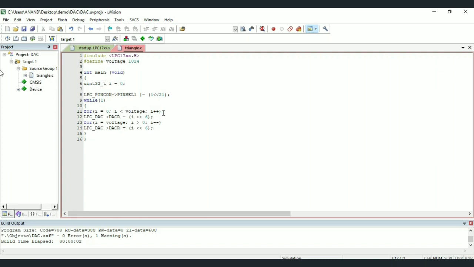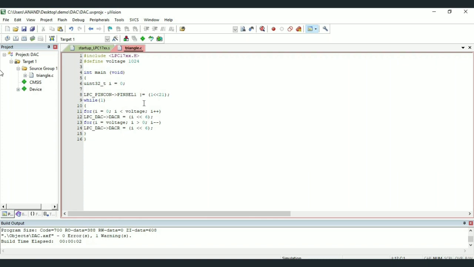Then we have while of 1, that is always, and then a for loop for I is equal to 0, I less than voltage, I plus plus. That is, the for loop will be executed for 1023 times. Why? Because for I less than voltage, that is for I less than 1024, the for loop will